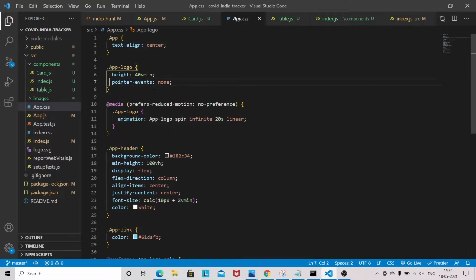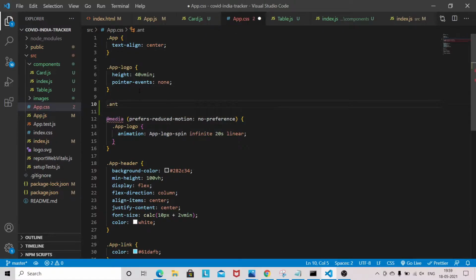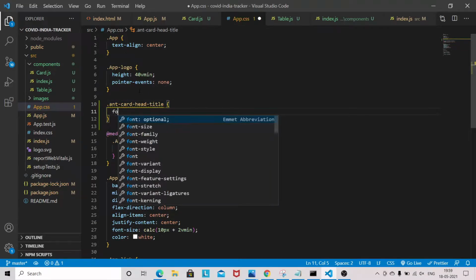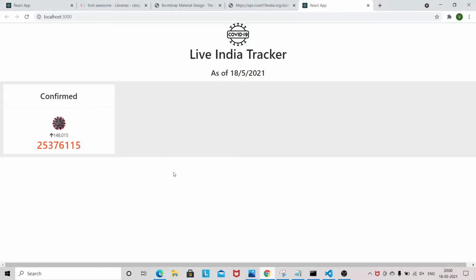What we need to do is target the class card head title, and the font size I want to give is 25 pixel. Let's check.